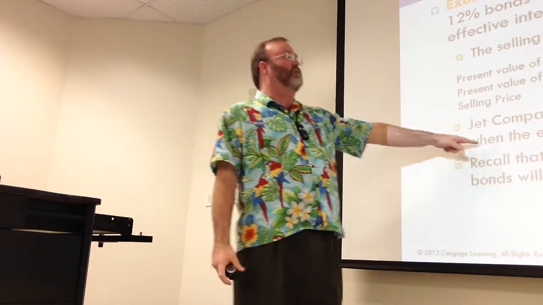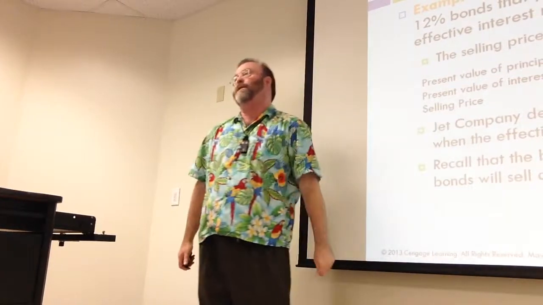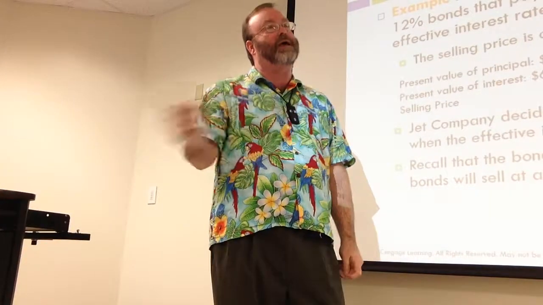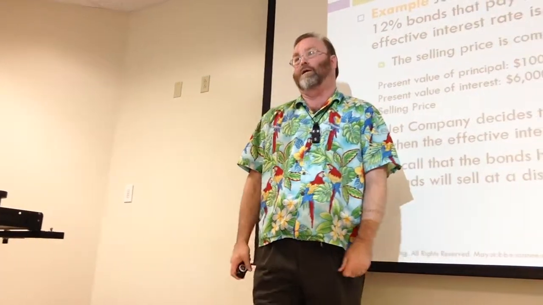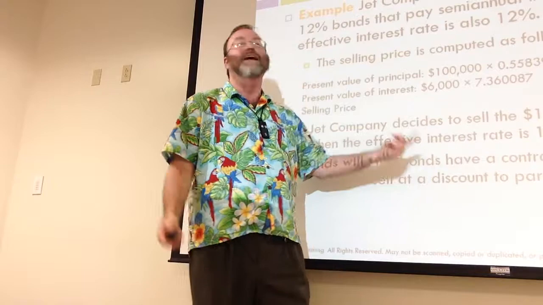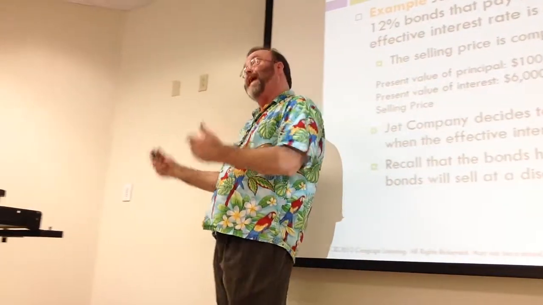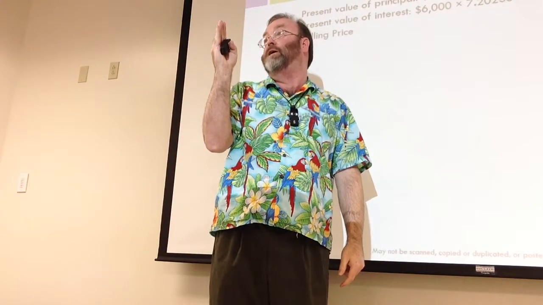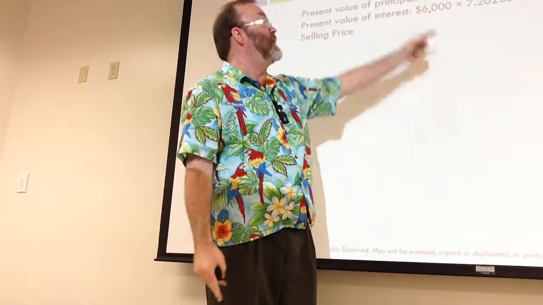What if the effective interest rate was 14%? So the market needs 14, you're only paying them 12. What are they going to do to you? Without reading that word there, because you can see it on. They're going to penalize you by giving you less than par value. Same, go to table number 3, look up the factor now under the 7% column, because it's a 14% market rate. Down to row 10, you get